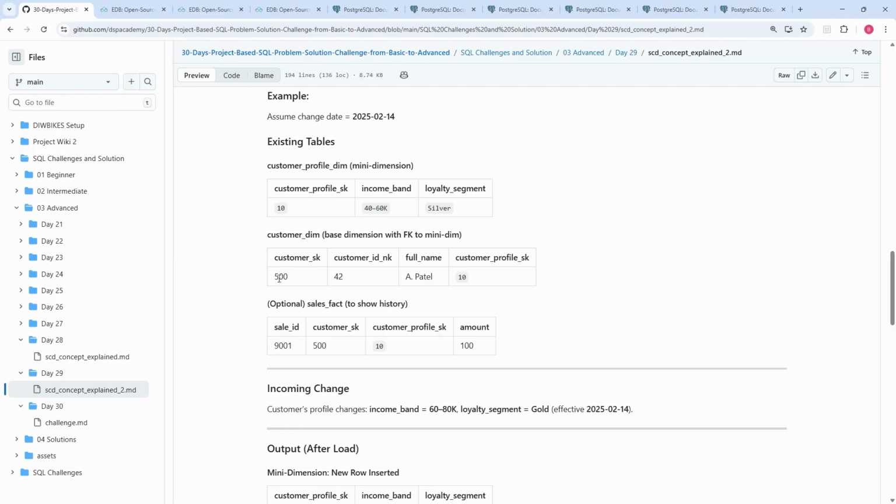So take for example, here we have 500 as a surrogate key, here we have 42 as a natural key, the name, and then the customer profile, we have a surrogate key we call 10. Now every time we join back to this table, we can access the income band and the loyalty segment. So this is how this table relates to this particular table, but they are all part of the dimension table when you really look at it, right? Because in a way we can add these two attributes in this particular table,